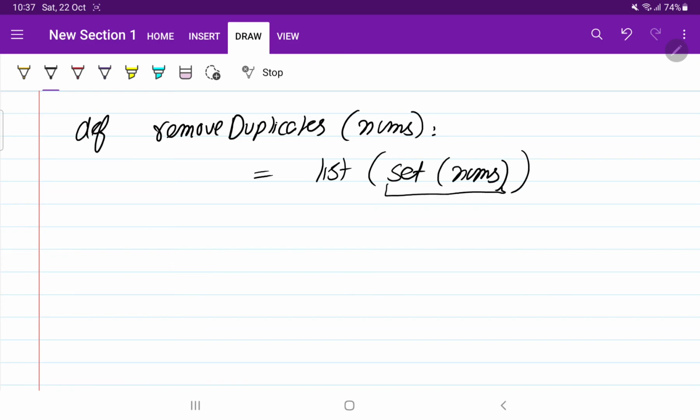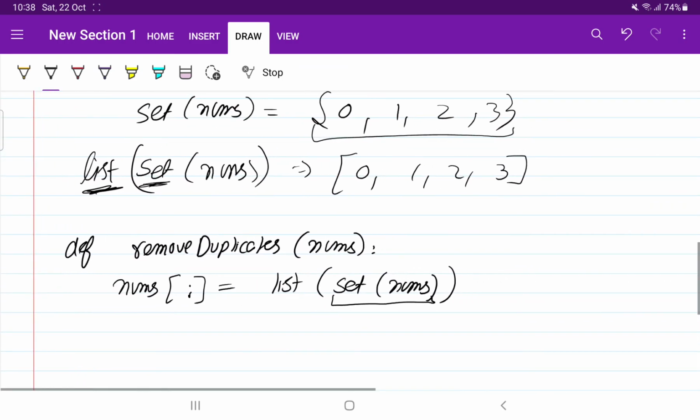This command will remove all the duplicates, and list will make the list of all the elements. And we are updating the current nums only, because in the question they told us not to use extra space. So we are updating the same nums array that was given to us.